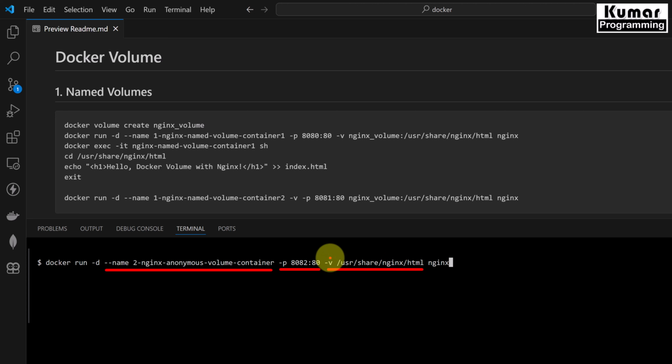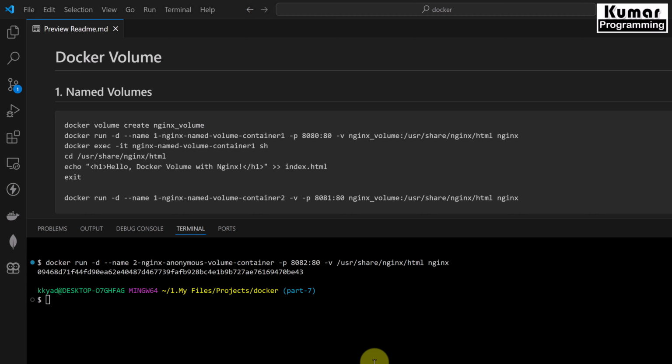If you see here, we have given -v, but we have not given any volume name here. Directly we are providing the path in the container where data is stored, right? So this is going to create an anonymous volume. And this is our image name. Now let's see how it creates an anonymous volume.